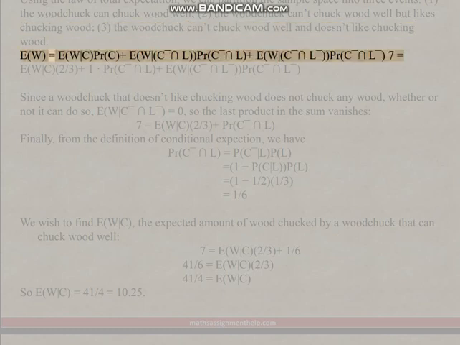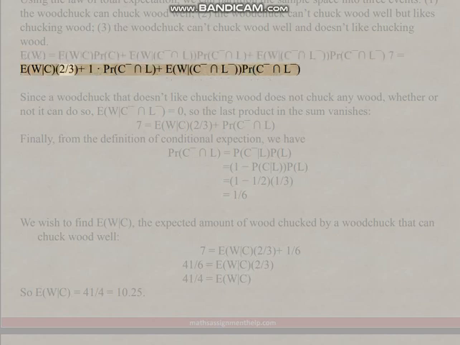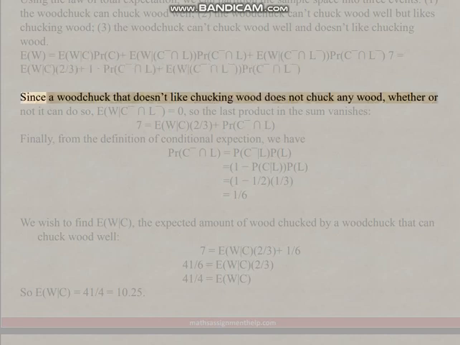E[W] equals E[W | C] Pr[C] plus E[W | not C intersection L] Pr[not C intersection L] plus E[W | not C intersection not L] Pr[not C intersection not L]. 7 equals E[W | C] times 2/3 plus 1 times Pr[not C intersection L] plus E[W | not C intersection not L] times Pr[not C intersection not L]. Since a woodchuck that doesn't like chucking wood does not chuck any wood, whether or not it can do so